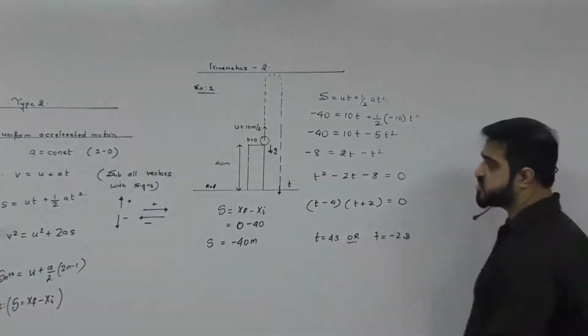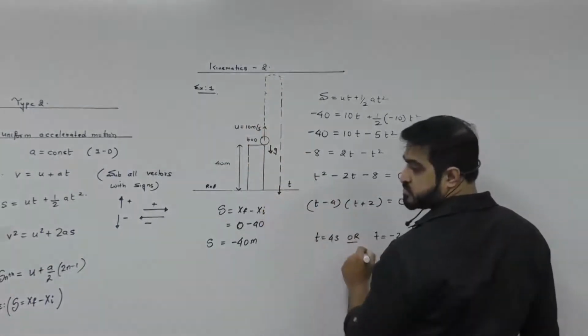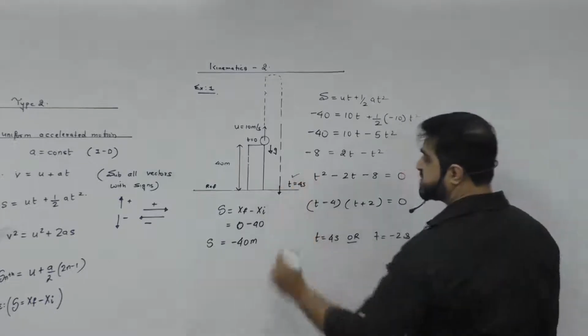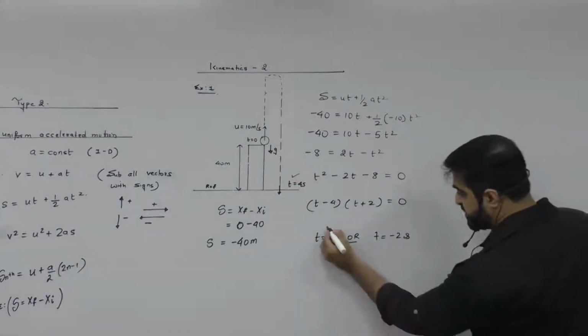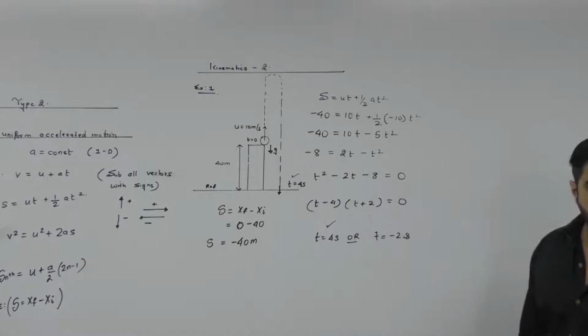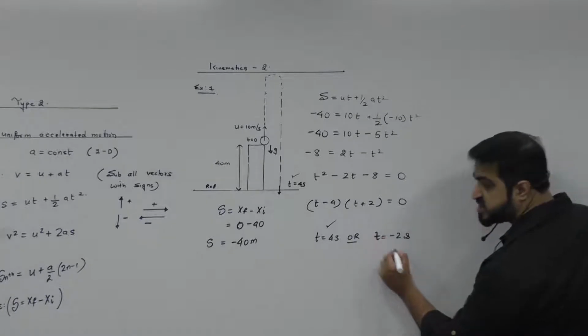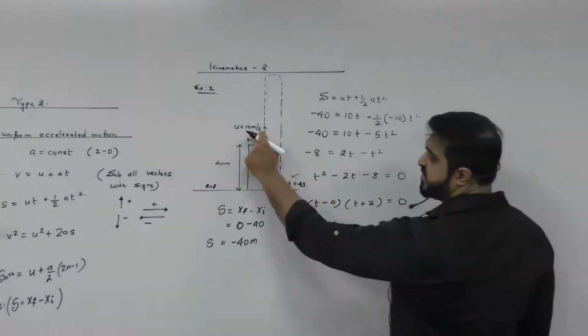Positive time means from here till here. So this whole time is 4 seconds. This is correct. This you will take. You will think that time is never negative, but what is the significance of minus time? The significance of minus time is that before the event occurs,